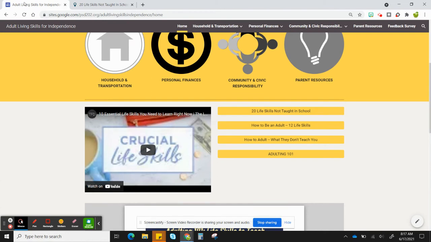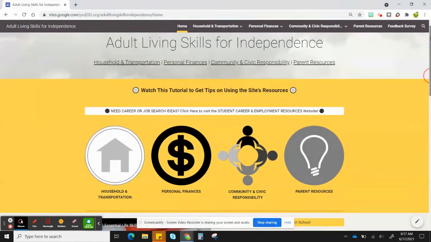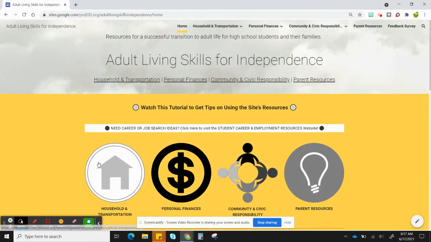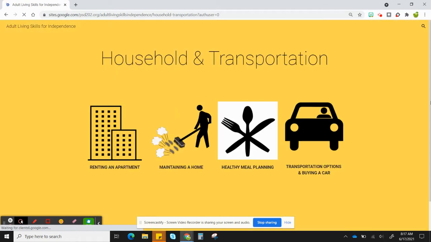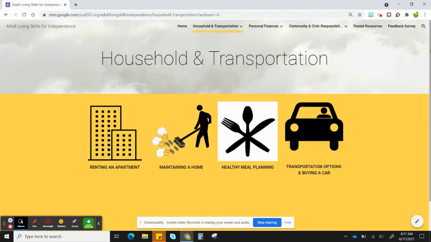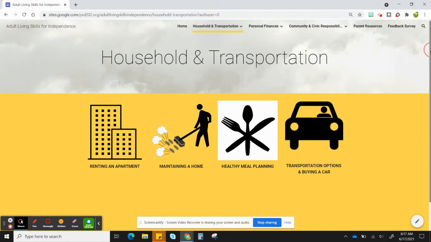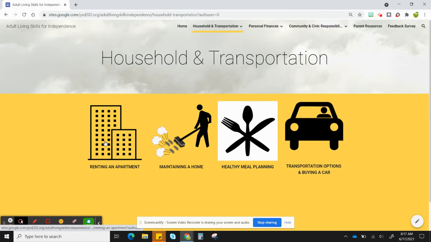And you can always go back to the main screen by going back or clicking on the top tab for that particular area. So for household and transportation, the first thing we will do is click on that page, the main page for this area. And you'll see that under household and transportation, we have information on renting an apartment, managing a home, healthy meal planning, and transportation options and buying a car. So when we go to renting an apartment,